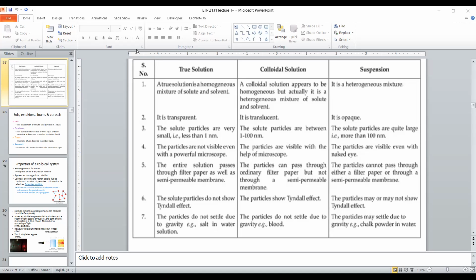Okay. Let's see. Now, again, when I talk about true solutions, if you pass it through a filter paper, that means if you filter, the whole solution will pass through the filter paper. In the colloidal system also, everything will pass through the filter paper. But if you use a semi-permeable membrane,